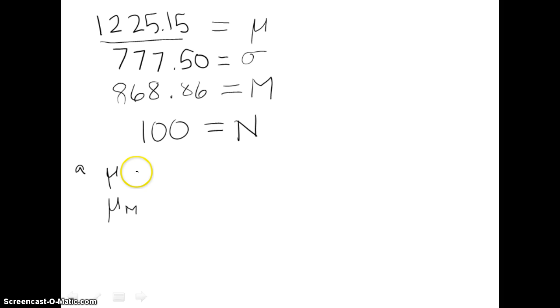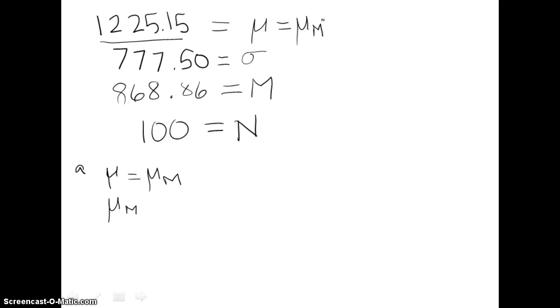Because the distribution of means is created by repeatedly sampling from the population of scores and then creating means, mu is the same as mu sub m, and therefore we already know that's